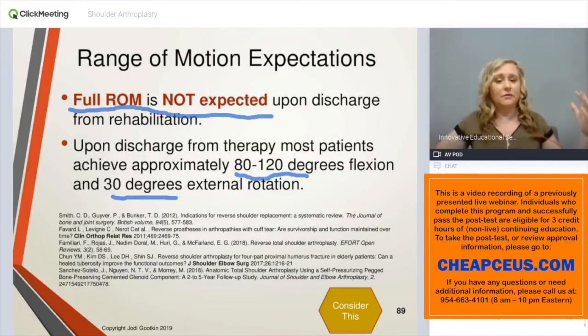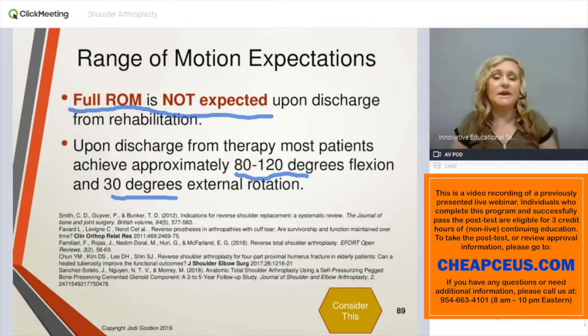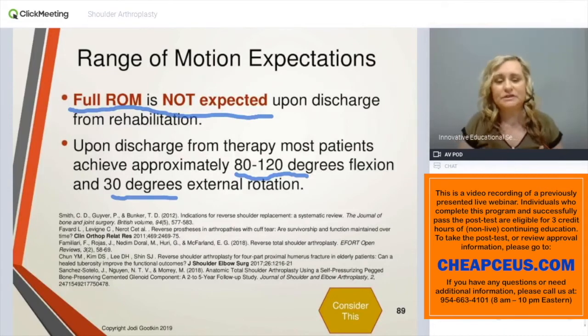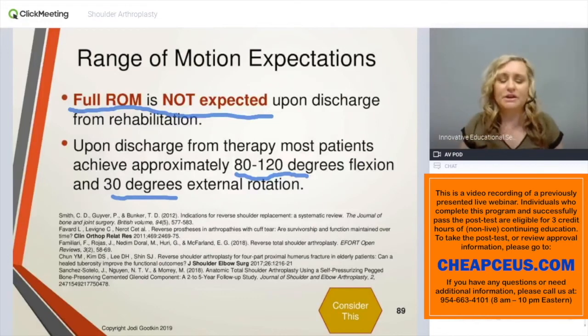So that's going to allow for functional upper extremity movement. Well, 120 isn't full range and 80 is not even close to it. They're getting those arms up enough that they can perform many different functional activities. For example, some different studies look at the minimum range of motion to do, let's say, a dressing activity. It's about 105 degrees, give or take,